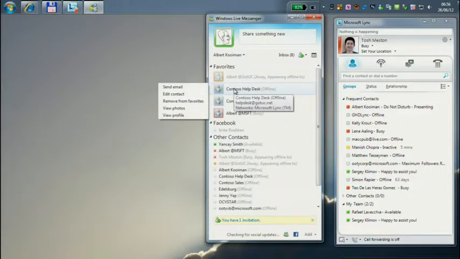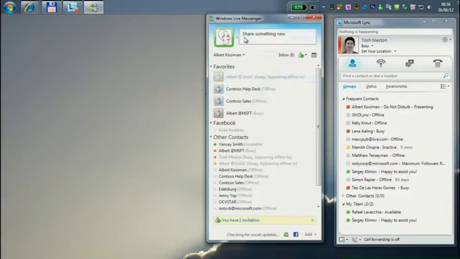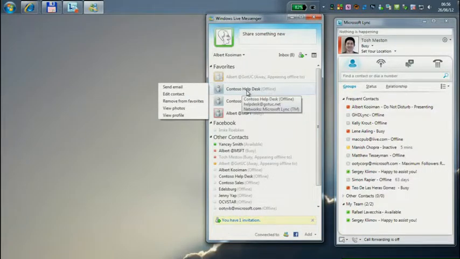What I wanted to show is that you can do this not only for IM and voice, but also for video. For that, I needed to fake the system a little bit by making a Live Messenger call to my agent using a video camera. But unfortunately, I cannot reach the help desk at this very moment, so this demo is going haywire. If you want to take a risk, this doesn't always work.